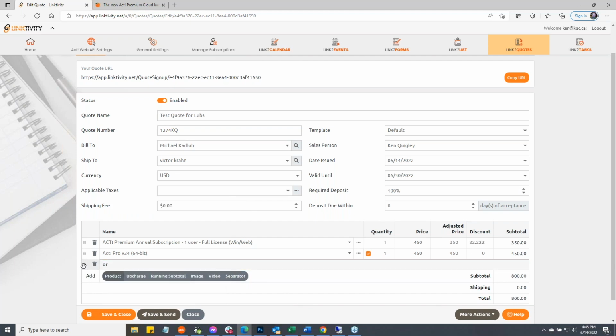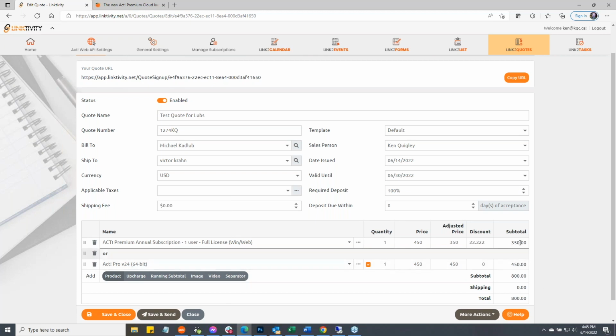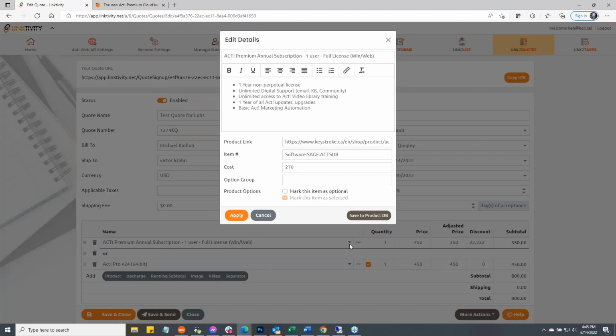Okay, and then I'm going to move it up between these two. Now, I want to create, right now, this is 350 plus 450, that's going to look higher than necessary. So what I'm going to do is make both these products optional, and I'm going to create